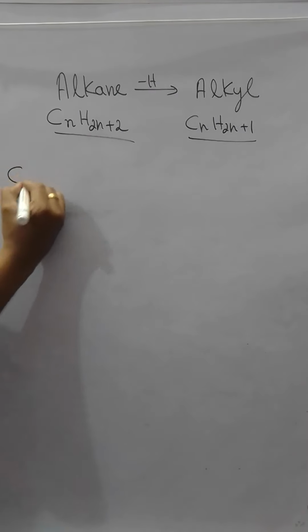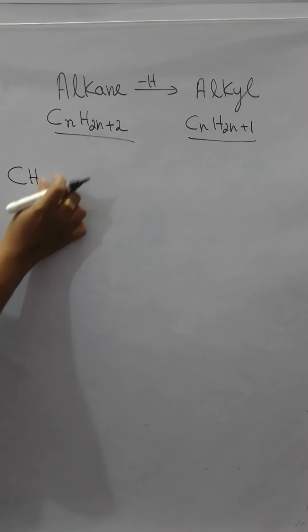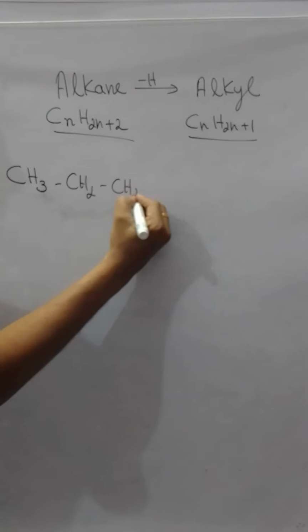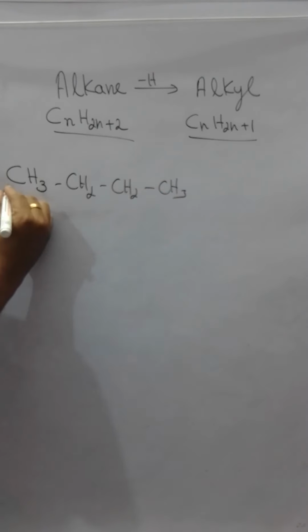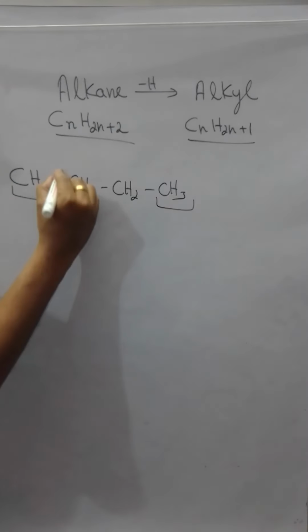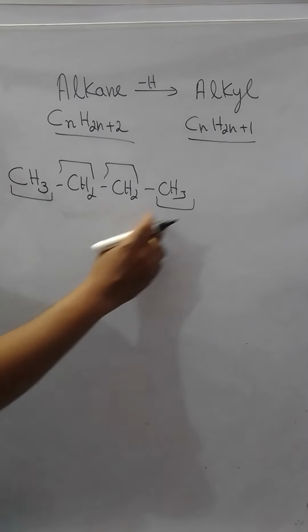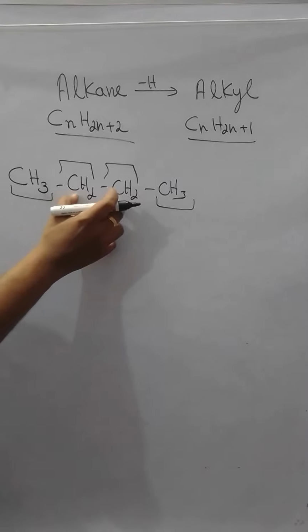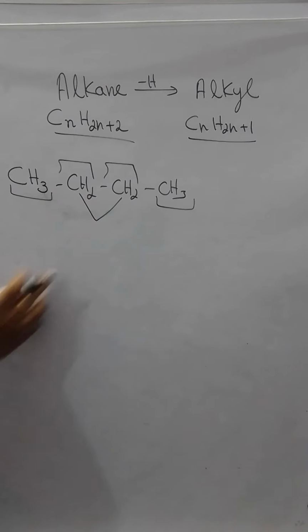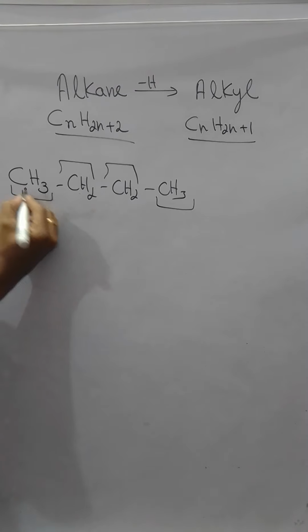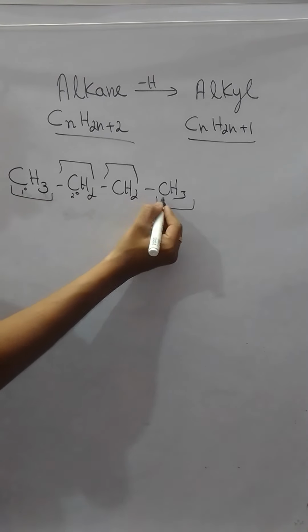Now the 4 carbon atom, this is my CH3, CH2, CH2, CH3. Now this is one type of carbon atom, this is another type of carbon atom. I can remove hydrogen either from here, remains the same. I can remove hydrogen atom either from these two, remains the same. Okay. Now what are the types of carbon? This is a primary, this is a secondary, this is a secondary, this is a primary.